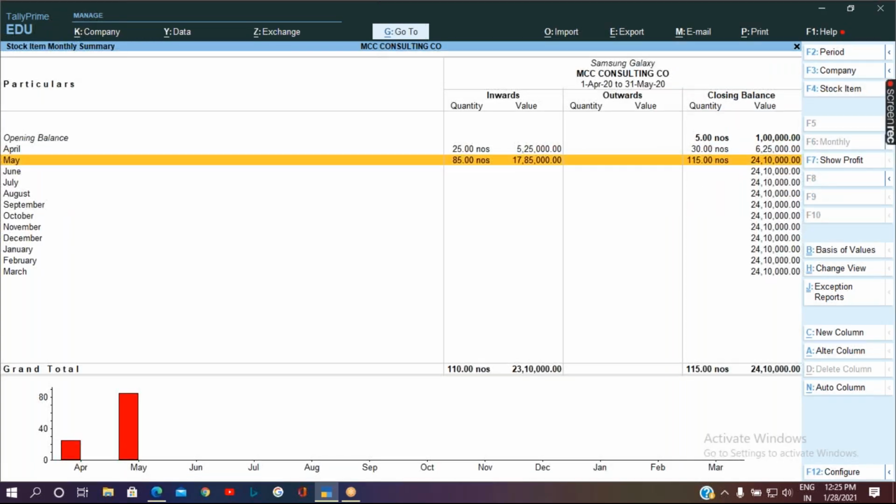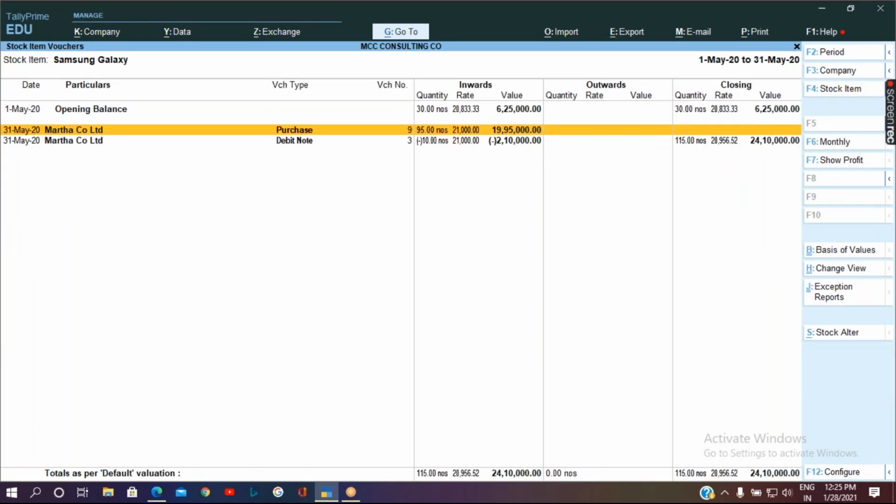If I go inside, I can see the transactions related to the purchase and the debit note. The rest of the inventory information has affected the balance directly, whereas the accounting entry has affected accounting values.